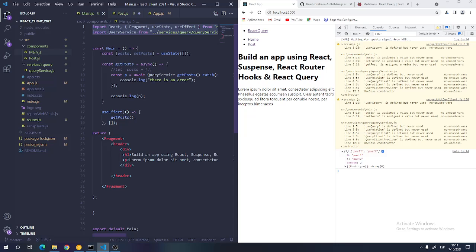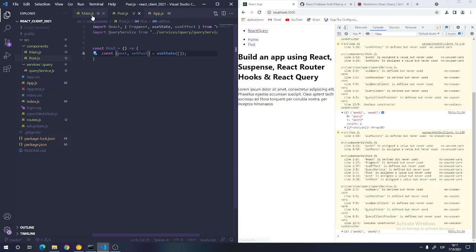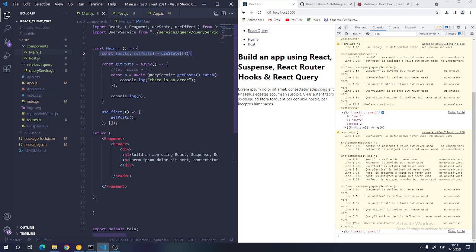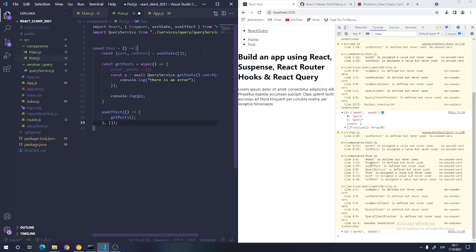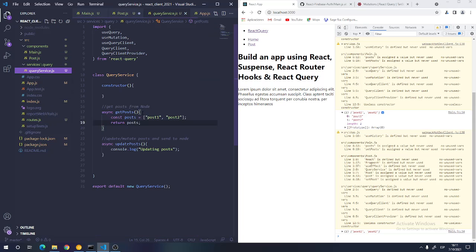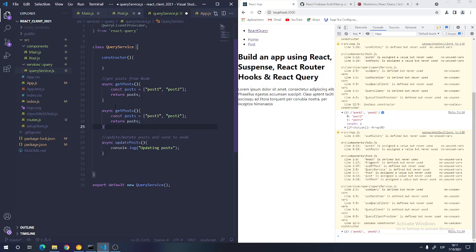We're going to need a post there. We're just going to keep that in the state and set post. So we will need to grab our info there, and I'm going to use this right now for the useEffect in order to get, no, I do have update post, but then I will need one more function inside the query service, that is the get post. Get post with the ID,